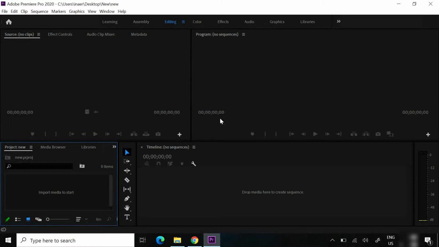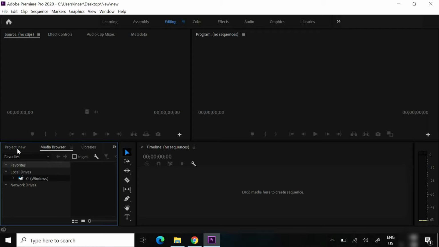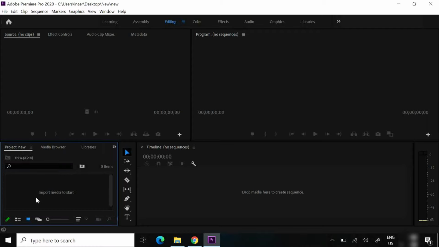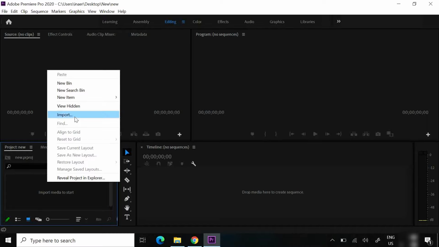So this is exactly what you will see. This is a brand new document. Now if you can click on Window, Workspace, make sure you are in Editing. Okay, so the first thing you want to do is to import your files and footage into the project. Click on this window and you can either import files from this or browse from here. So as you can see here, it is currently blank. So you can either right click, click import,